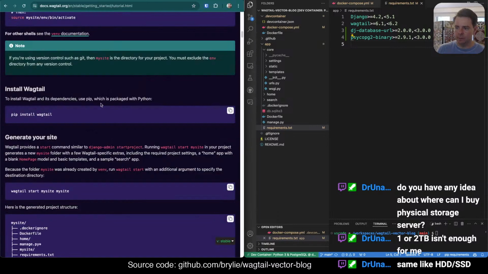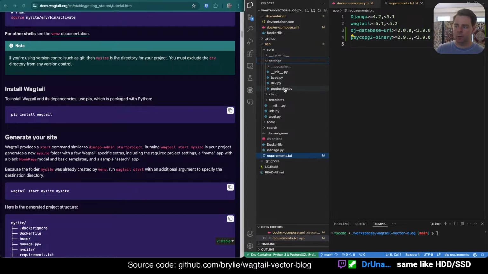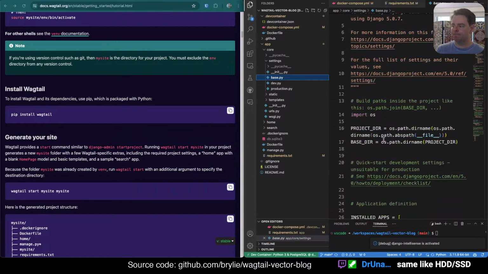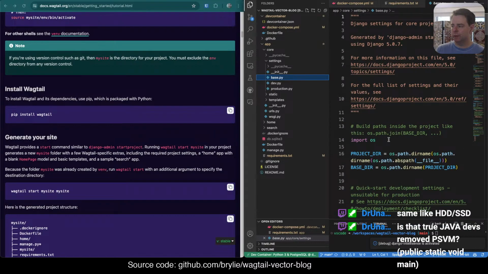that I learned, because I like to have core settings in the core directory, and instead of saying Wagtail start my site, then everything goes in the my site directory. It's just kind of weird. I like to say core. It's just a preference. But then you have core settings, core static, core, etc., etc. What we'll need to do is import